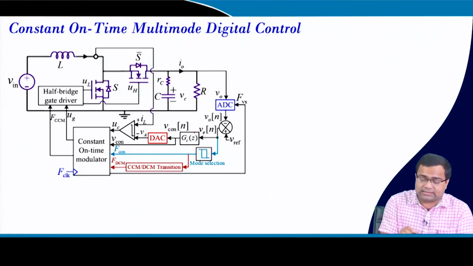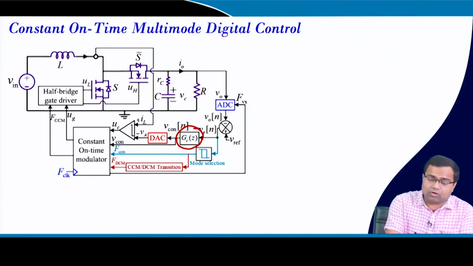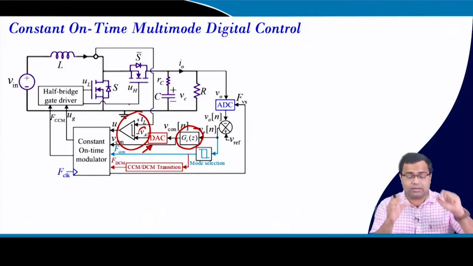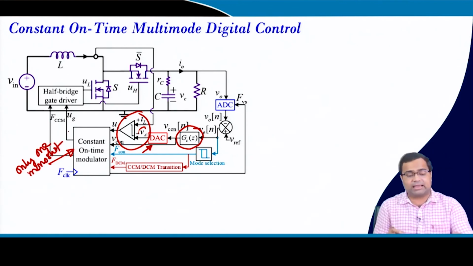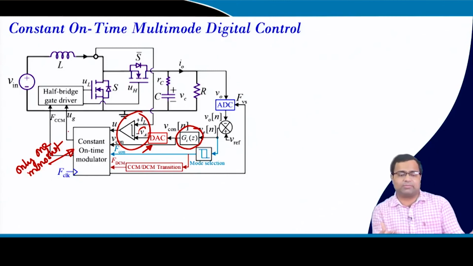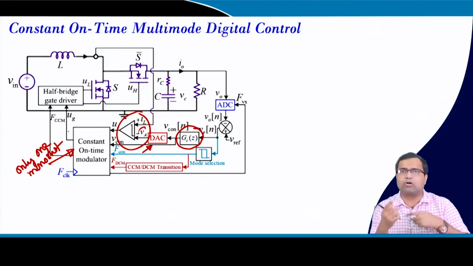Here it is a mixed signal current based architecture where the voltage controller is digital and common, and the current loop is analog, so the DAC is there, and the current reference is coming from the DAC. So it is a single DAC, single controller, and only one monoshot timer, and this timer can be loaded with either on time or off time if you want to configure constant on time or constant off time, because it is just a digital number, you have to just program it,